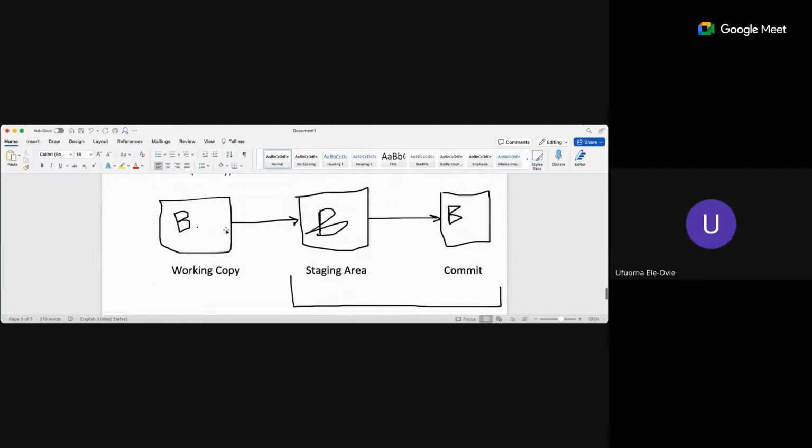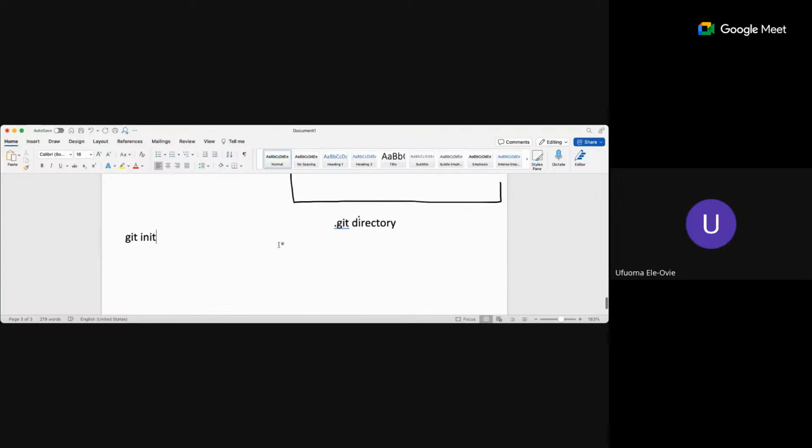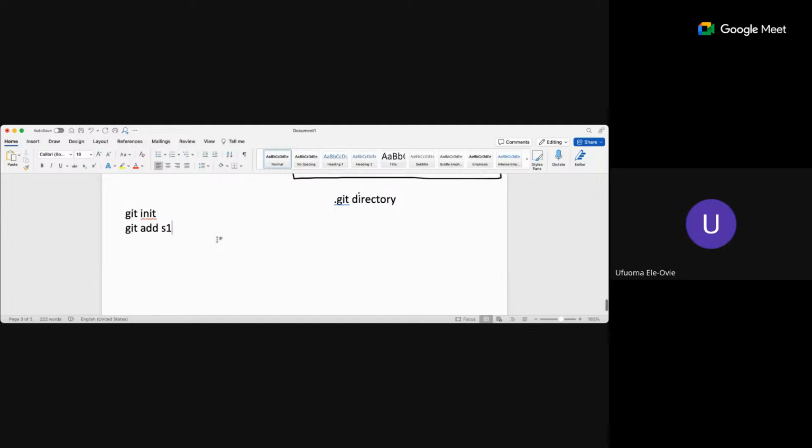To move our file, having been satisfied with what we're doing here, we want to move it to our staging area so that we can commit it. We looked at the command we needed to use, which was git add space dot if you want to add all the files that you're working on at once. But if it's a particular file, let's say the file is called S1, you just write the file name and that's it. So the changes you have made in that file will be added to the staging area. And then for you to commit it,